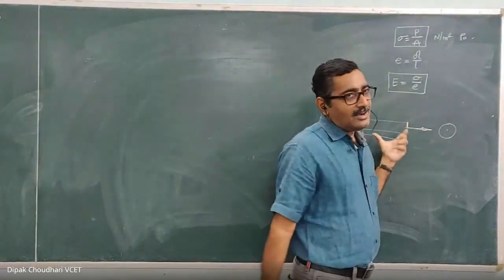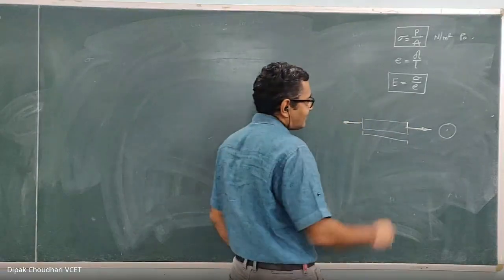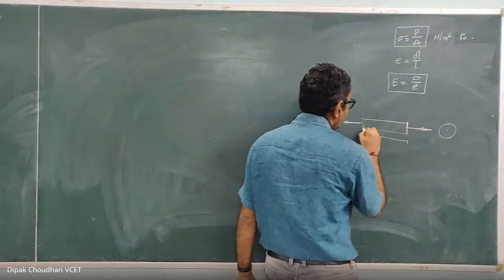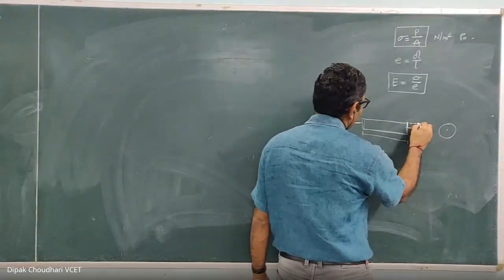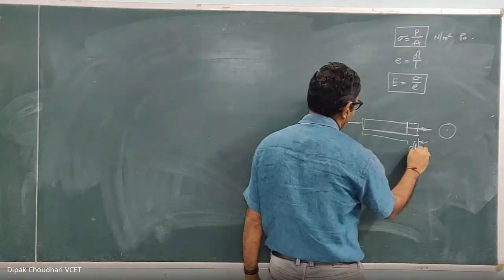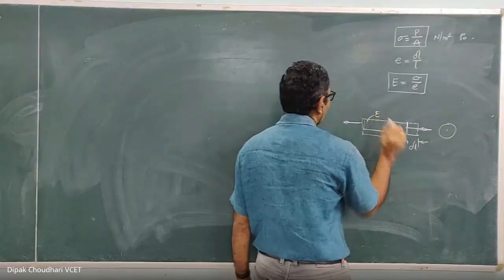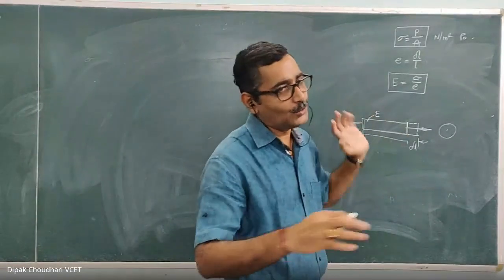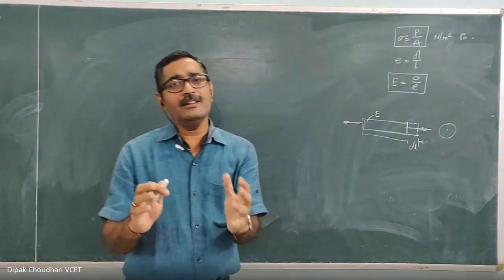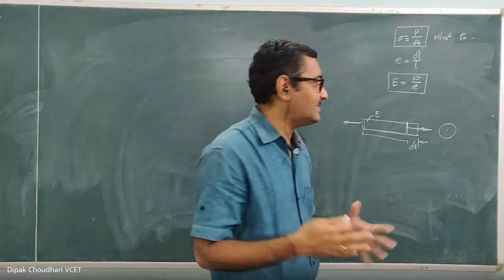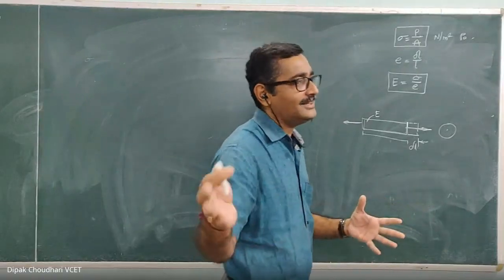So when a rod is subjected to an axial force, and if the cross-sectional area is uniform, then because of this axial force, there will be some deformation. This deformation is delta L. And E is the modulus of elasticity for this material, which is one of its properties. Most of the time it is known to you. Or for a new, unknown material, if you want to calculate it, you have to conduct the stress and strain test, that is the tensile test.